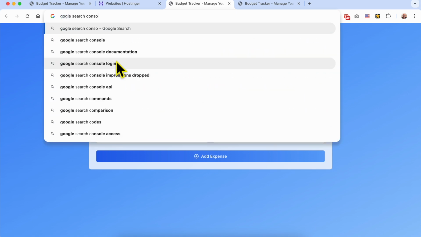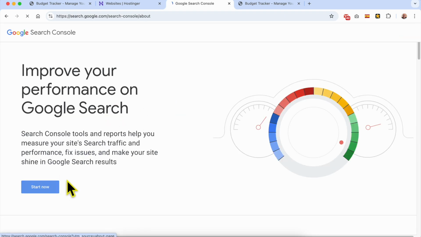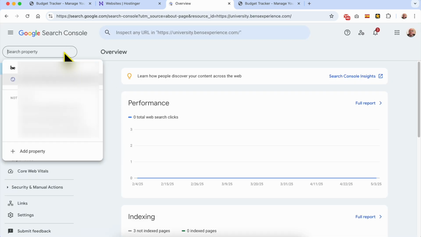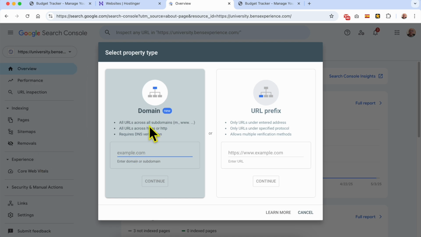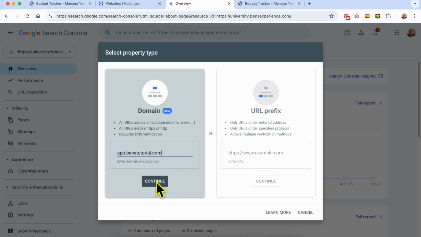Search Console, my bad. Search for Google Search Console tools, click on it, log in using your account, click on add property, go with a domain and not the prefix, click on continue,